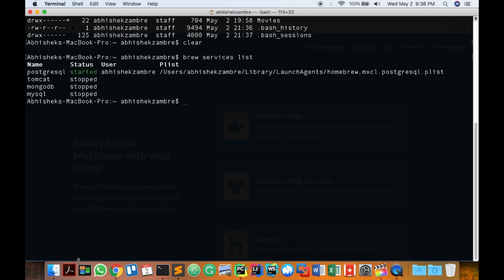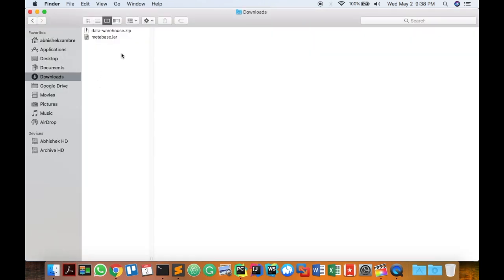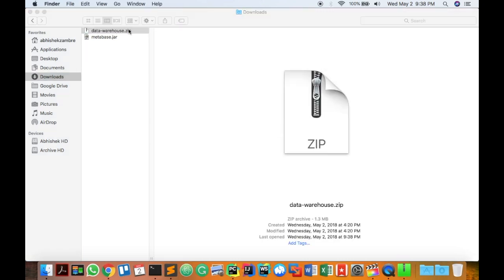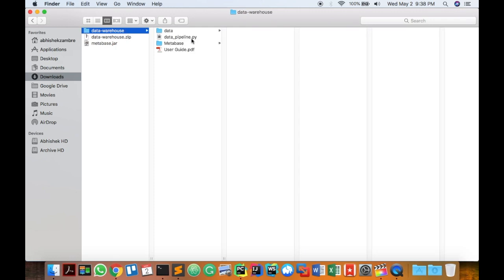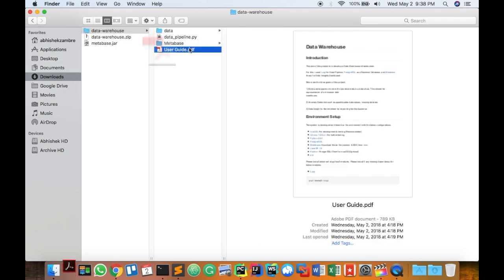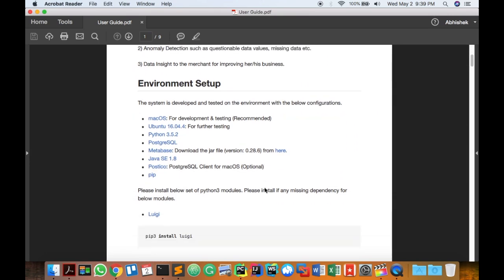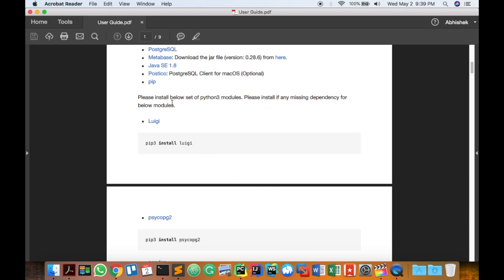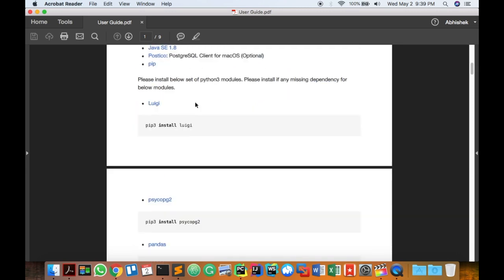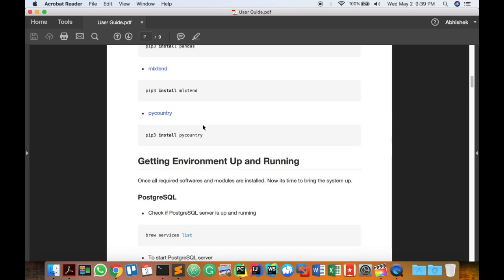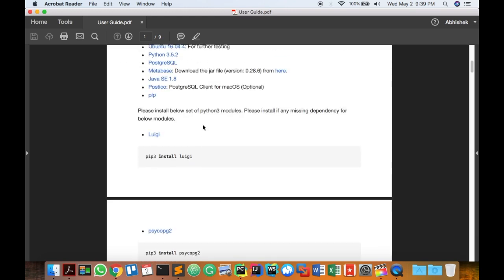So next step, as part of the deliverable, you might have gotten this zip file already. We just have to extract it, and if you see, we have a user guide already there. This user guide will provide all the instructions of what other software you need to install in order to run this project. I have all these dependency modules already installed.